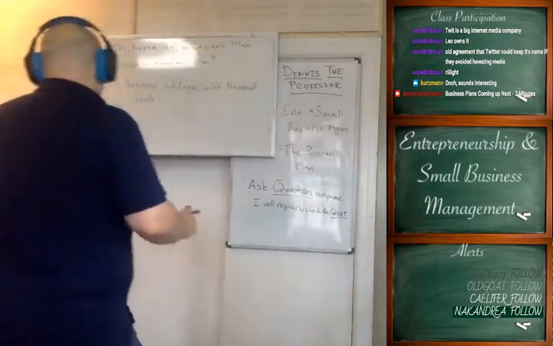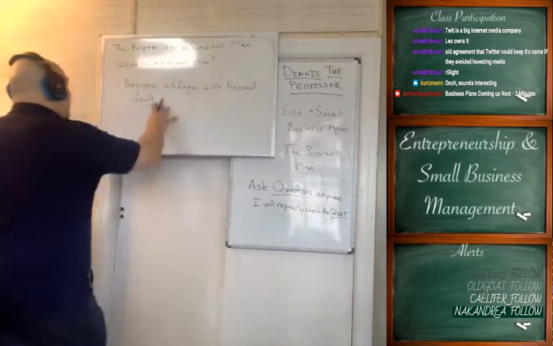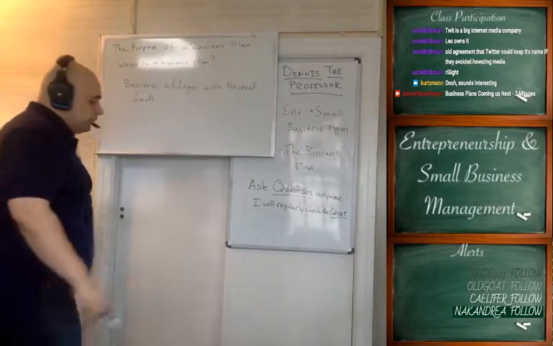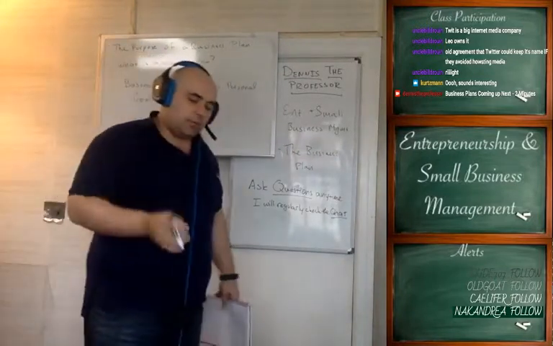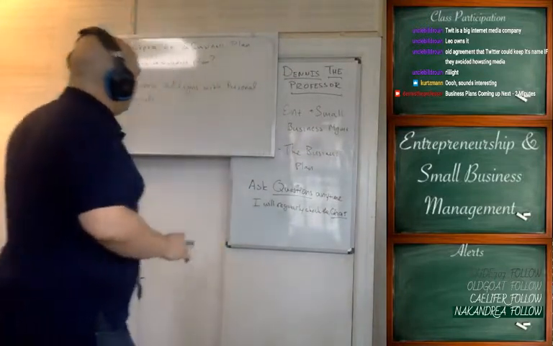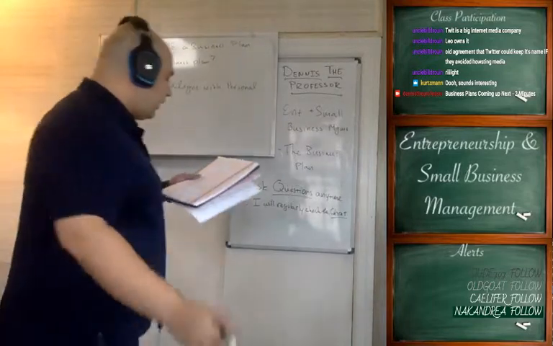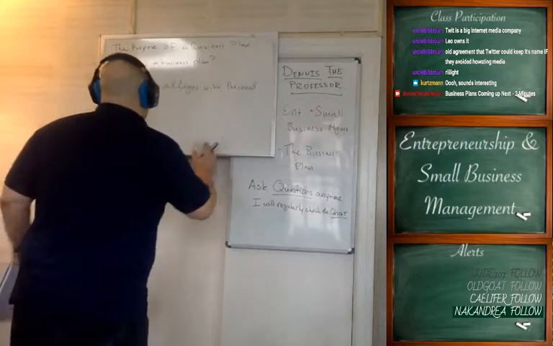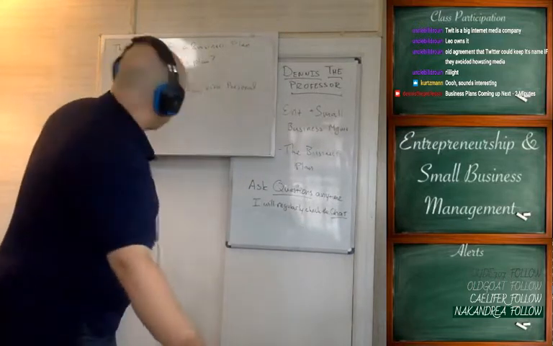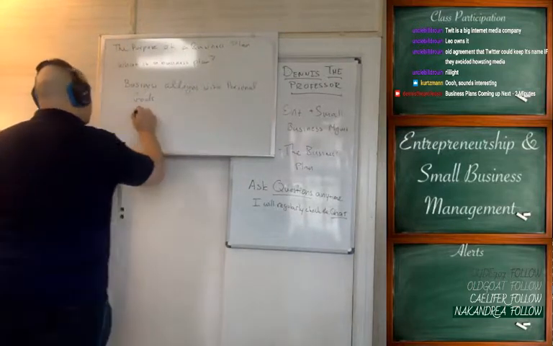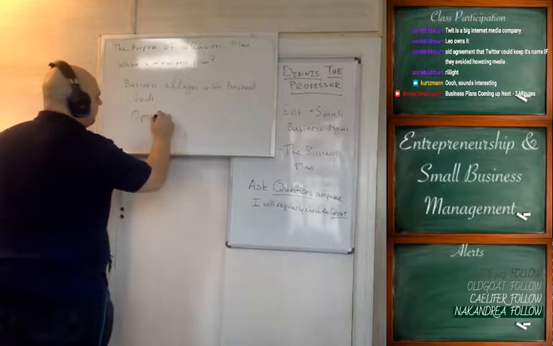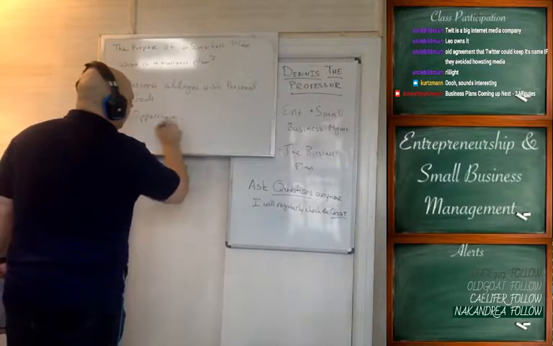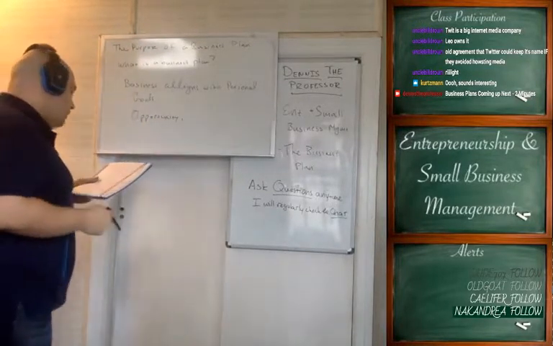So one of the ideas that a business plan helps flesh out is not only to communicate it to someone else, but it allows you to ask difficult questions of yourself about the business. Right? So you want to talk about the opportunity in your business plan. So what is the overall opportunity of what you're doing? Right? Is it a market opportunity? Is it new technology? Whatever it is.